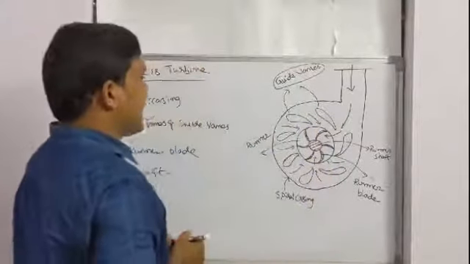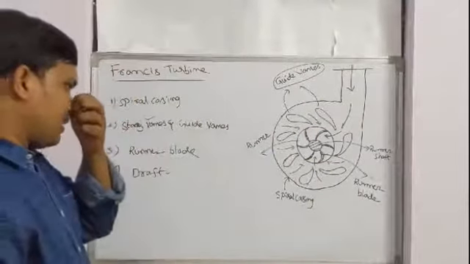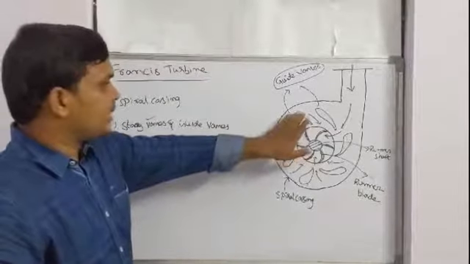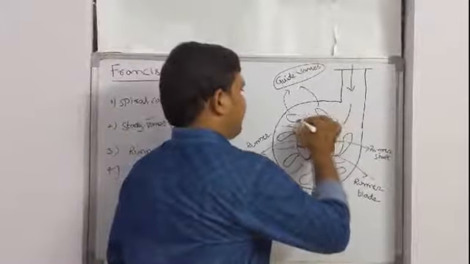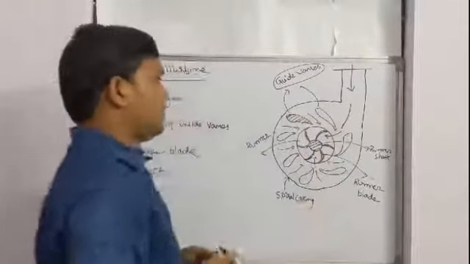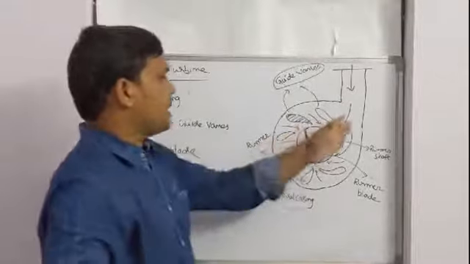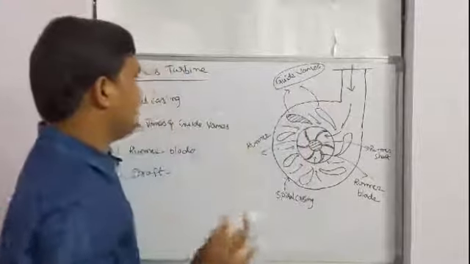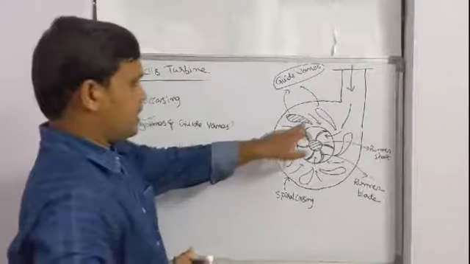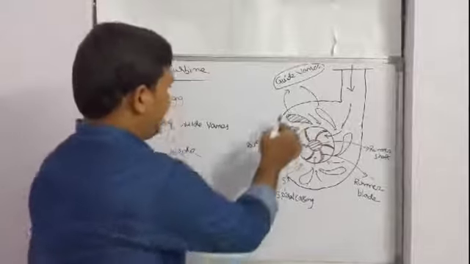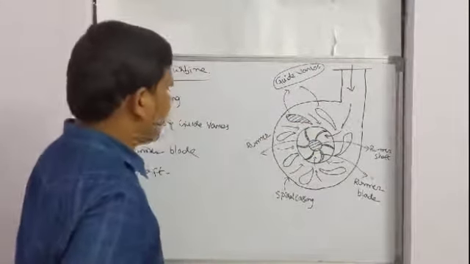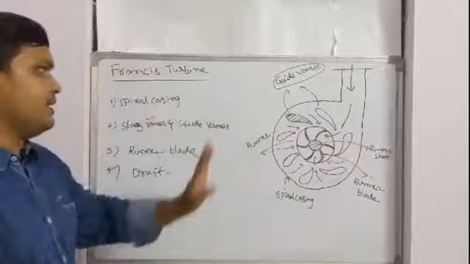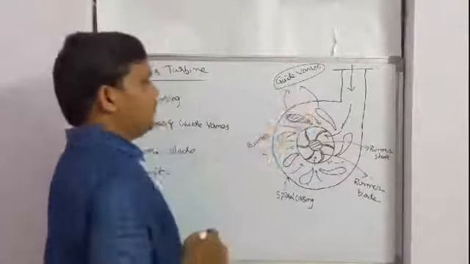If the guide vane angle is not in a particular direction or at a particular design angle, the water simply flows and leaves the turbine vanes. So that's why the guide vanes are a more important parameter. For how the water will flow through the guide vanes, you can refer to my video lecture animation video. Again, I will explain in our laboratory how it is used for controlling the flow angle and flow of water.